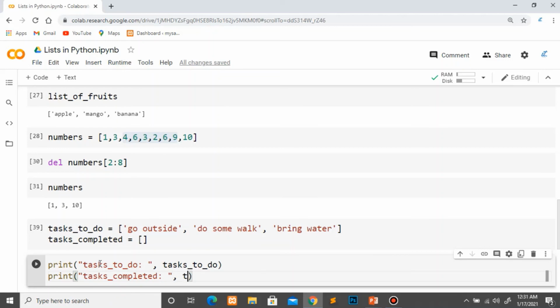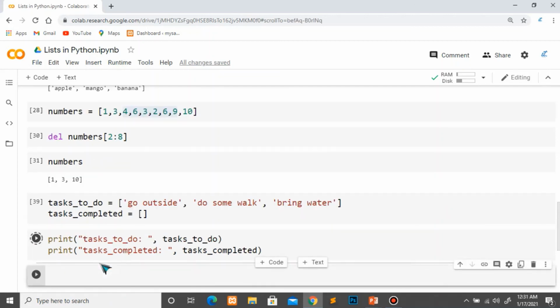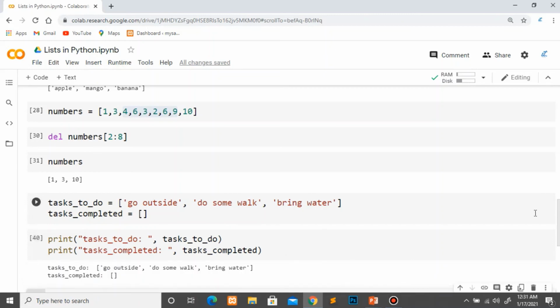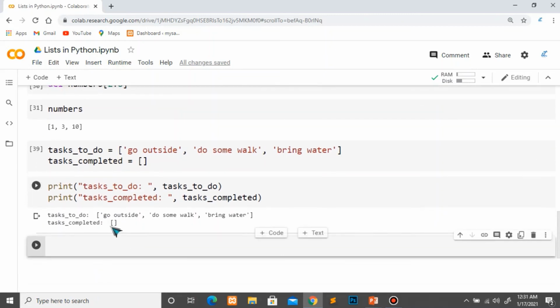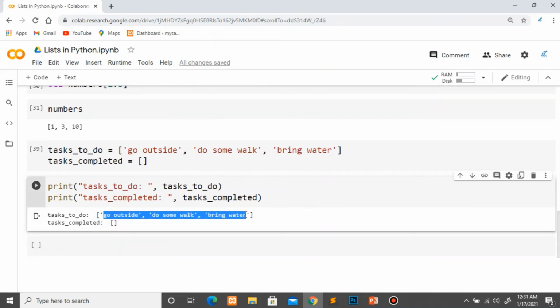So here I will print task completed. So this time you can see these two lists. This task completed list is empty, and in task to do we have three tasks that we have to do.